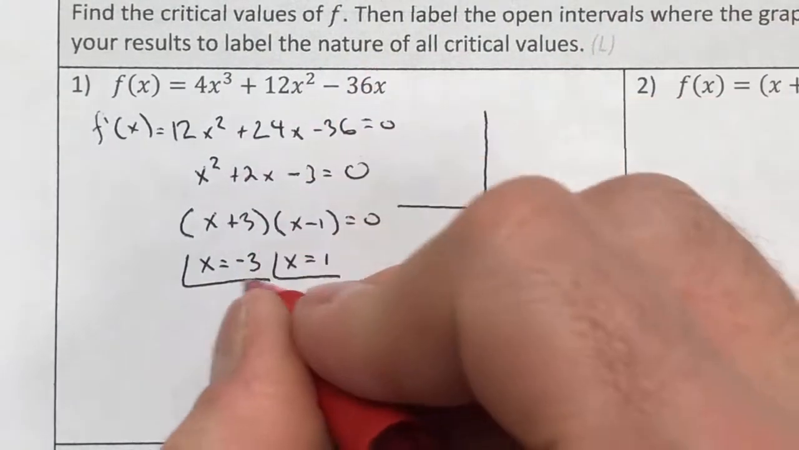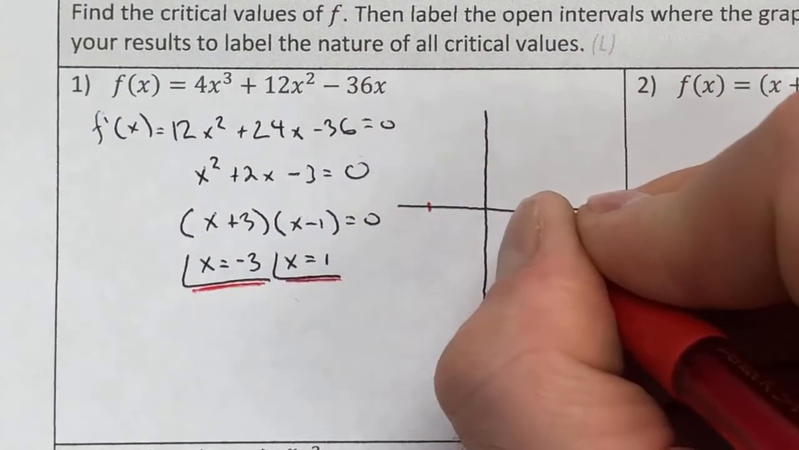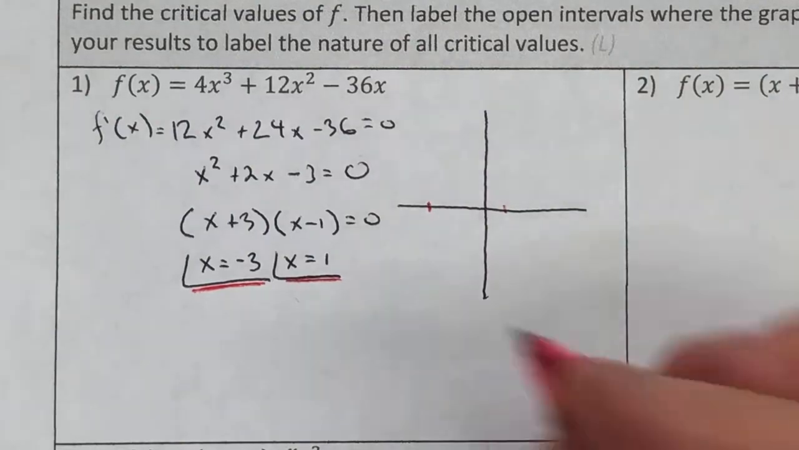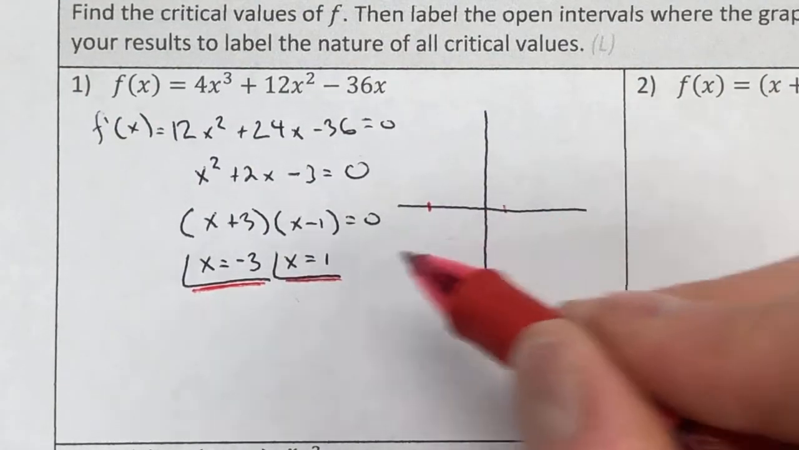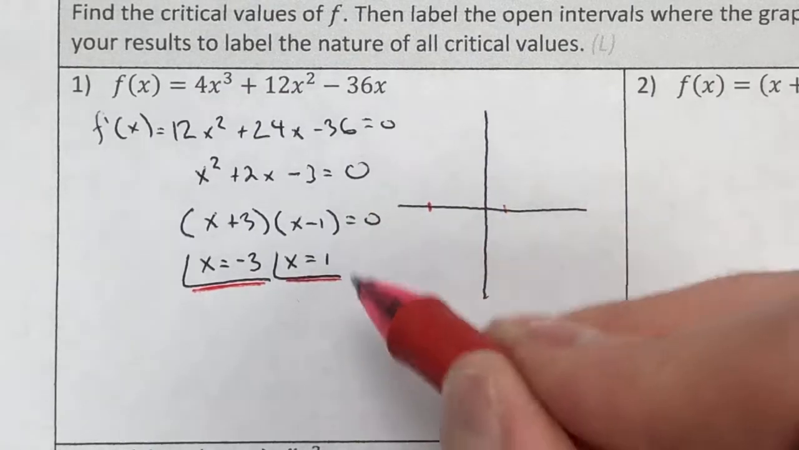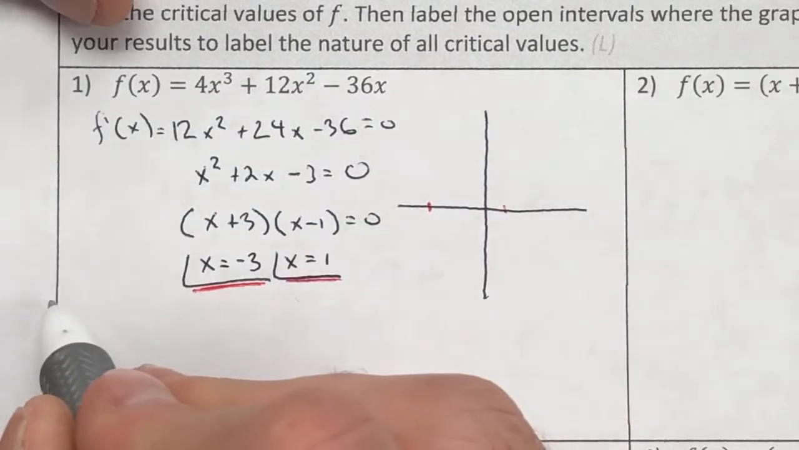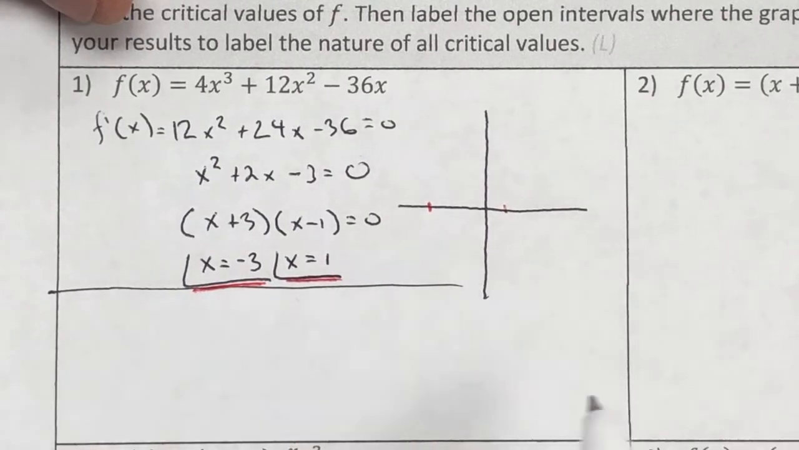So my critical values right here are going to be at negative 3 and at positive 1. And I want to sketch what the graph looks like. Is it going up, then down, then up? Is it going down, then up, then down? Is it bending right here? What's happening? So the only way we can figure that out is if we take this and we plug in